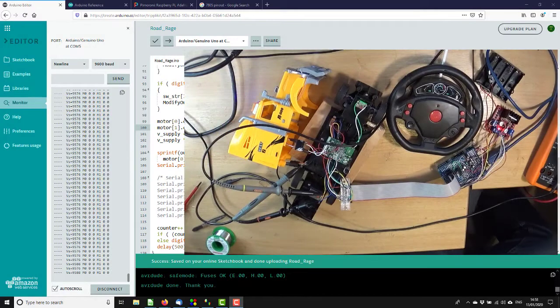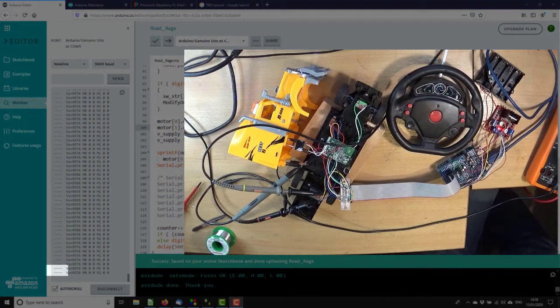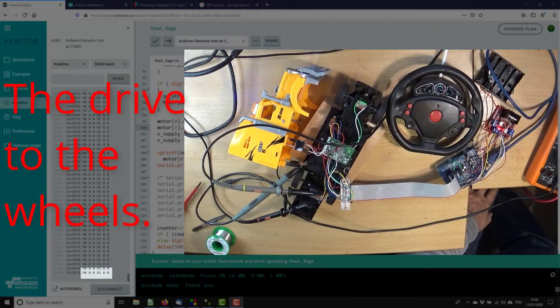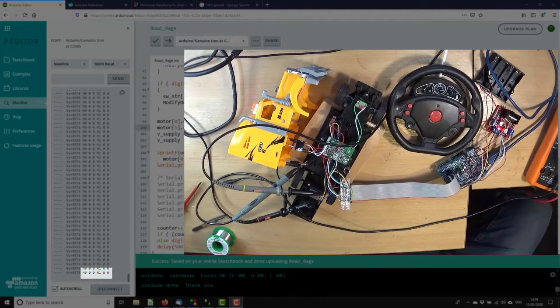Okay, so I've just changed the printout here. So again, the first 4 dashes are what the 4 switches are doing. Then there's the supply voltage. Then M0 is which motor I can't remember. M1 is the other motor, and the first number is the PWM value across it, and the second number is the current. So shall we